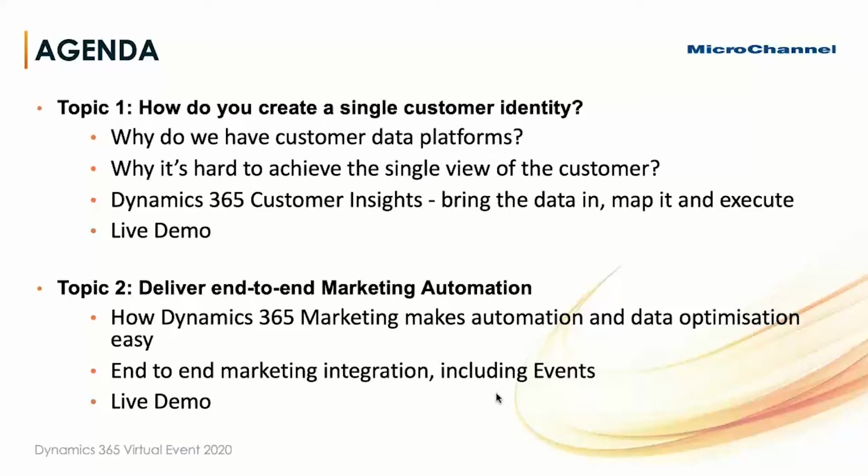And then secondly, we'll get into how you actually take action with that information. Now we have a very rich profile of your customers that you can segment and target and drive a lot of automation with, and we'll start to dive into Dynamics 365 Marketing Automation, how easy it is to use, that integration, but also look at how it works with events. It's got a very strong capability around events,